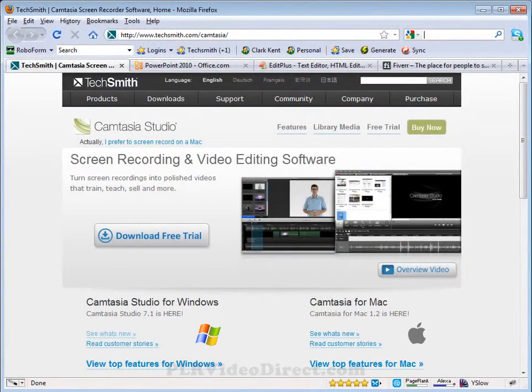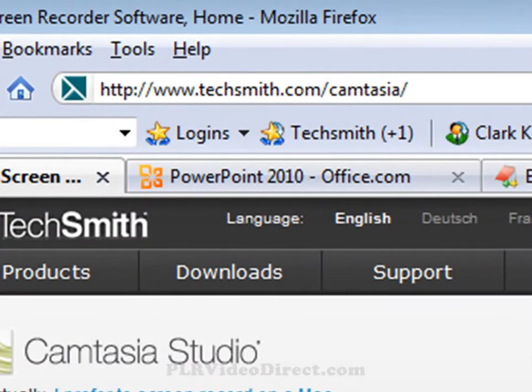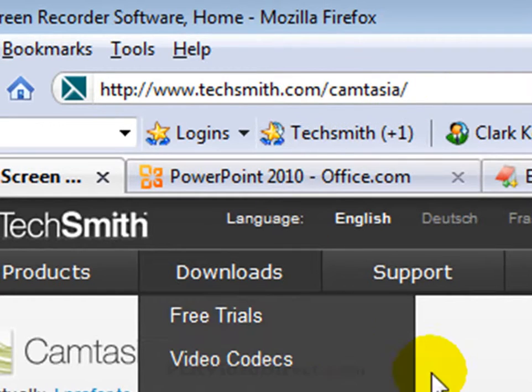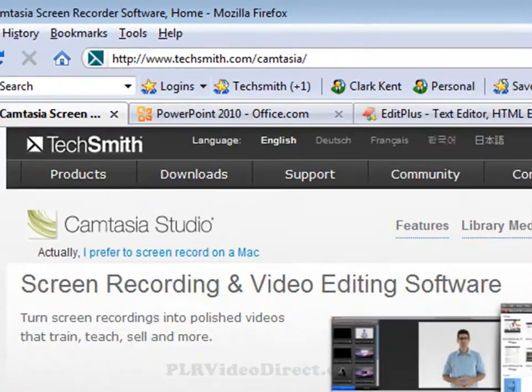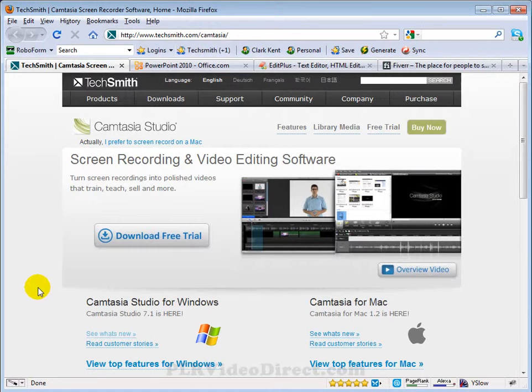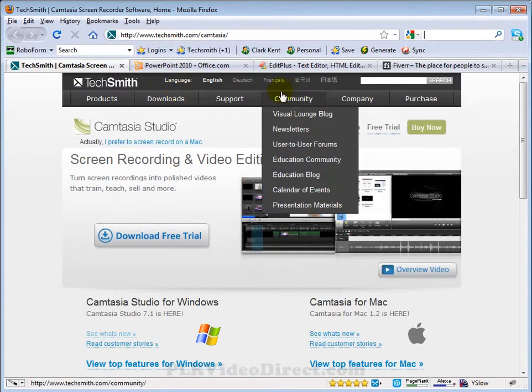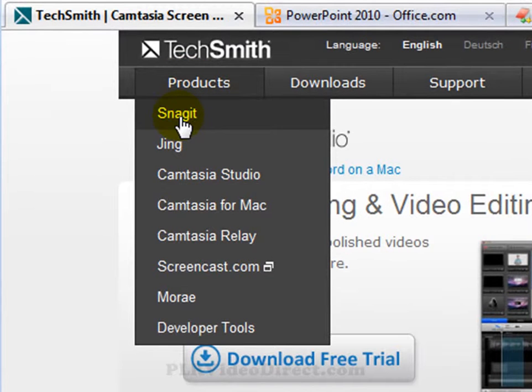Now let's take a quick look at the tools that we're going to be using here. Here we have Camtasia Studio. You can find that at techsmith.com/Camtasia. And while you're here, you may want to check out some of the other freebies as well, because one of the things that I also used to get the screen captures was Jing and Snagit, both of which are from the TechSmith family. Come on back here to products. You can get either the Snagit, that's going to cost you, or the Jing, that's not going to cost you. But either one of these can be used for the screen captures that we're going to be using throughout this